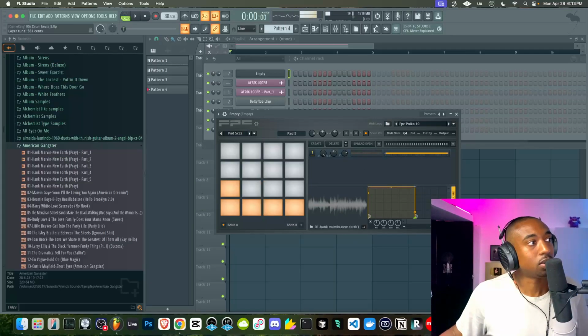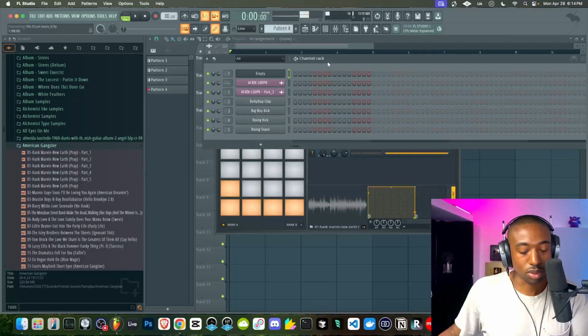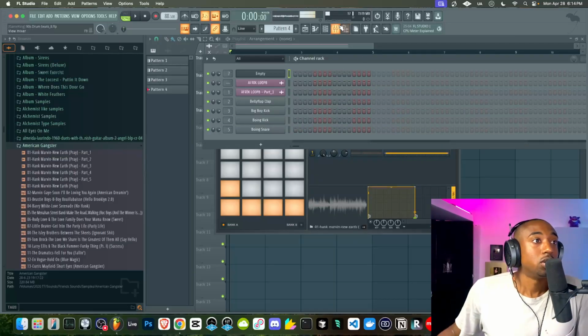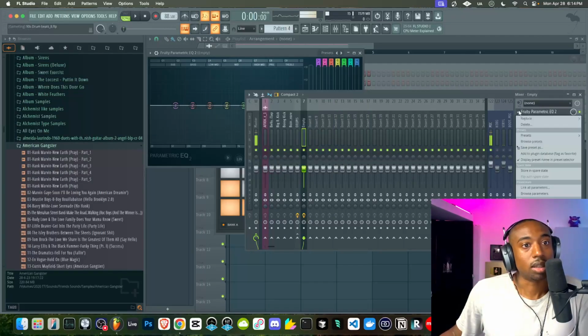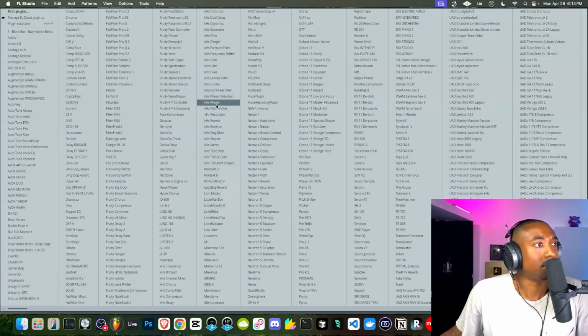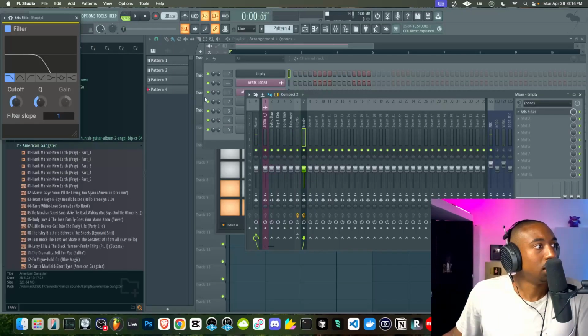And the last thing here is we're going to run this through a filter with a resonance boost. Hit Control L to send your samples to the mixer. Let's open up Parametric EQ 2, or you guys can load up, I think Kilohertz has a free sampler. The thing is, we want one with a drive feature. I don't know if this has a drive feature or not, so let's double check. I don't think that is.